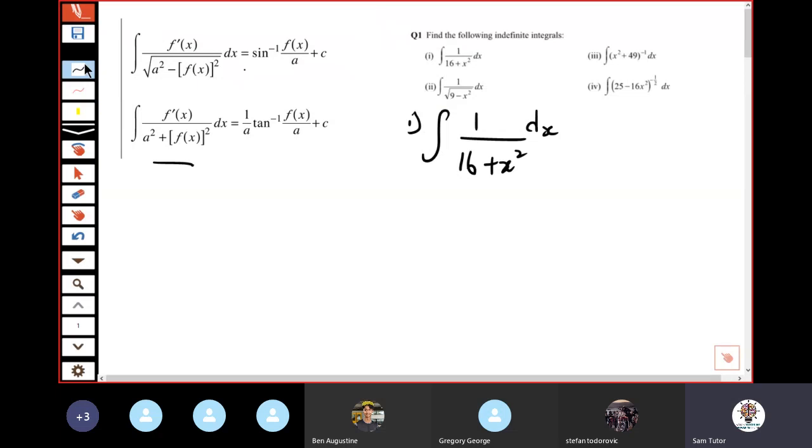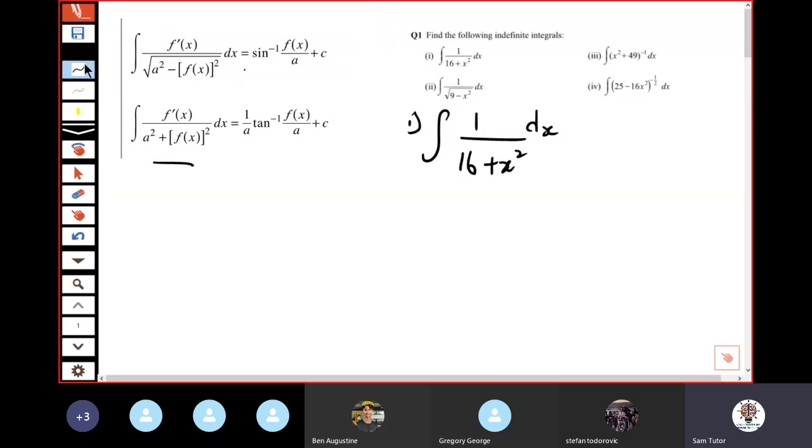So 1 on 4, right? A squared, 4 squared would have given you 16. So 1 on 4, inverse tan, f of x, which is this guy here, so that would be x on 4